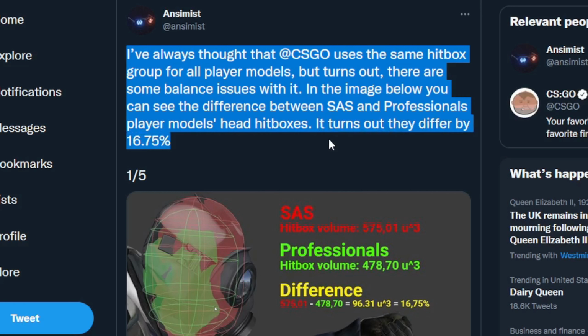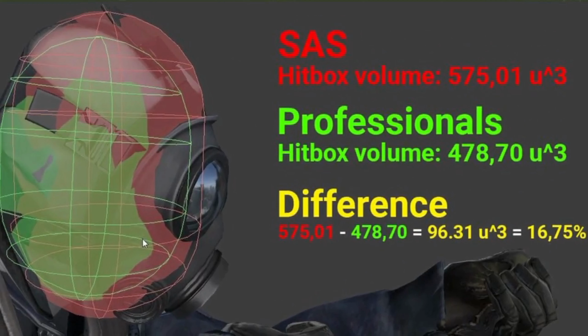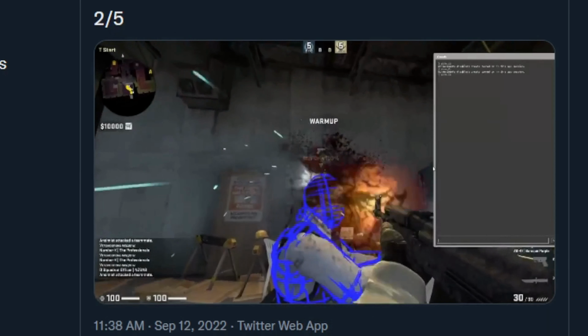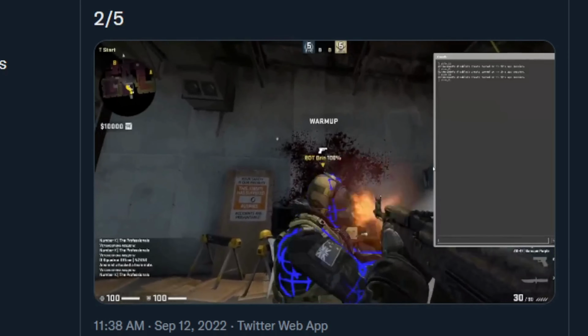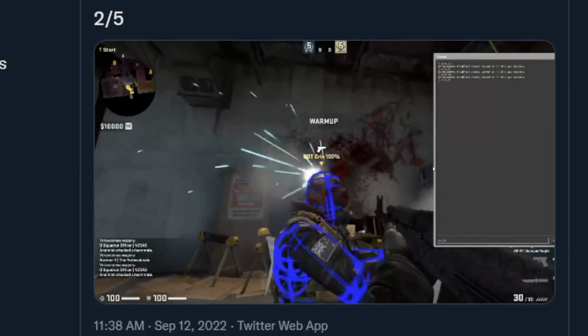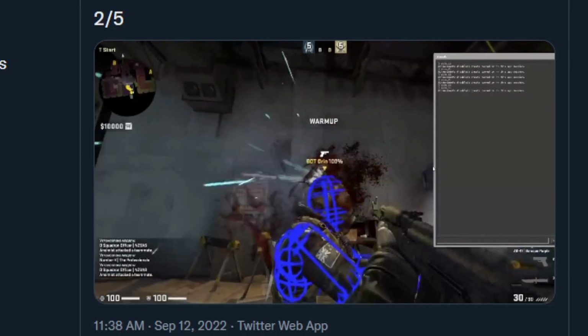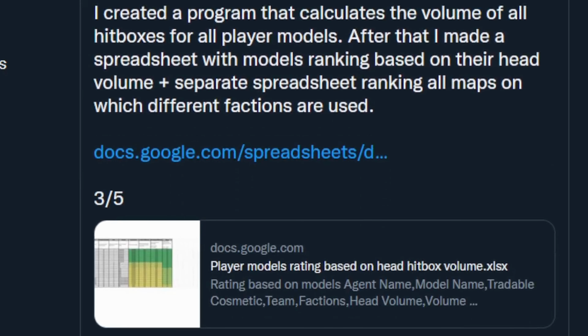It turns out they differ by 16%. SAS being the CT agents and professionals being the T agents. In the video below, you can see I'm shooting with bullet spread disabled, aiming in one place, missing the head of the professionals, the T agent, and then shooting in the same place and hitting the head of the SAS, the CT agent. The user ended up creating a program that calculates the volume of all hitboxes for all player